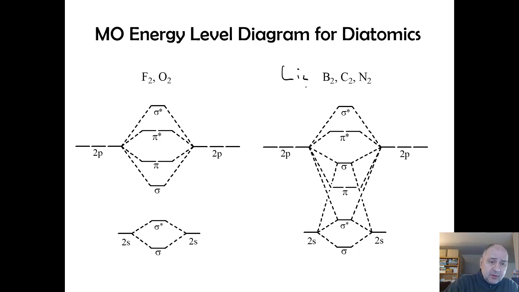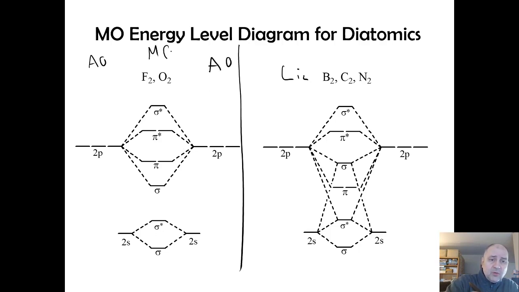So we have, as I said again, for F2 and O2, the atomic orbitals here on the left and the right, and then in the middle we show the molecular orbitals. And so the splitting is always, we looked at the s component, we have a sigma and a sigma star, but for the p orbitals here we get different. We have a sigma and a pi component, right? If you think about, we have the 2 p orbitals that face each other if we had a central atom, and that would be the sigma component. And if you have a sigma component, you have a sigma star component, so one goes up, one goes down,